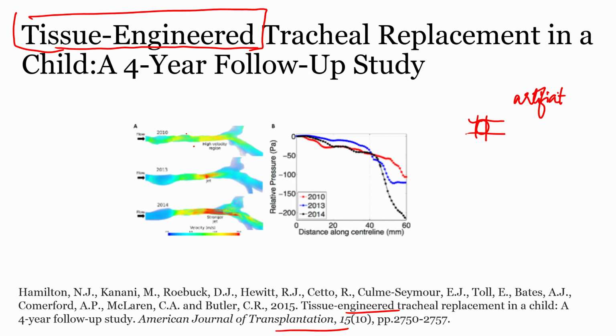One such study was performed on a child, and they followed a 4-year study. It clearly described how the tissue engineered segment behaved over 4 years in time. Initially, in 2010, the patient was under a ventilator. What was diagnosed is, like I said, tracheal stenosis. This segment was resected, that is removed, and they had engineered a tissue and replaced it, and on the safer side also inserted a stent in that region.